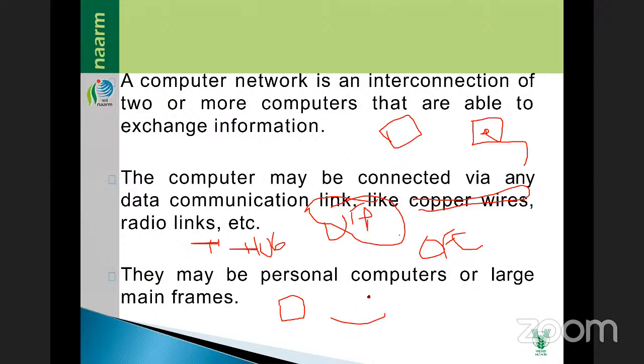Suppose I am sitting in one building and you are sitting in another. Two buildings are there. Within the building, I can use UTP cables, twisted pair cables. From one building to the other building, the signal transmission is very slow, so it will not pass very quickly. That's why from one building to the other building, we are going to use the OFC cable, optical fiber cable. Clear?